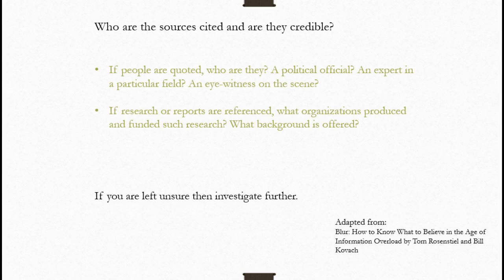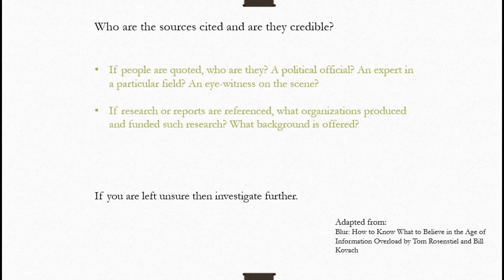Is that person an expert in the field versus an eyewitness on the scene? And even eyewitnesses on the scene can lack credibility or have credibility. They are only limited to what they have seen. So if we have 10 eyewitnesses, each of them likely saw something different, and their accounts may be extremely different to the extent that we may think that one is more credible than the other.